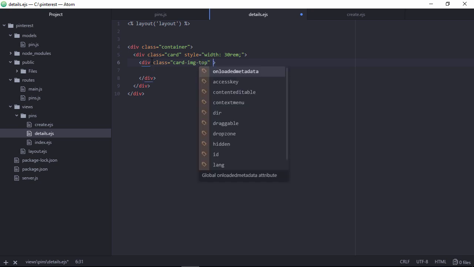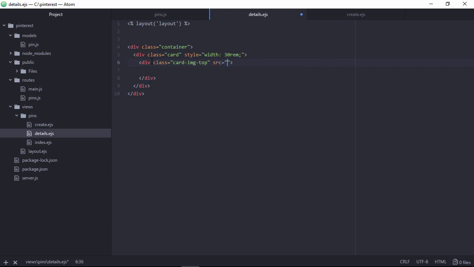So this image will be positioned at the top, and this is an image tag, not a div tag. At the end I need a slash, and the source we get from the server, pin.path. Here we are passing pin, and pin.path,